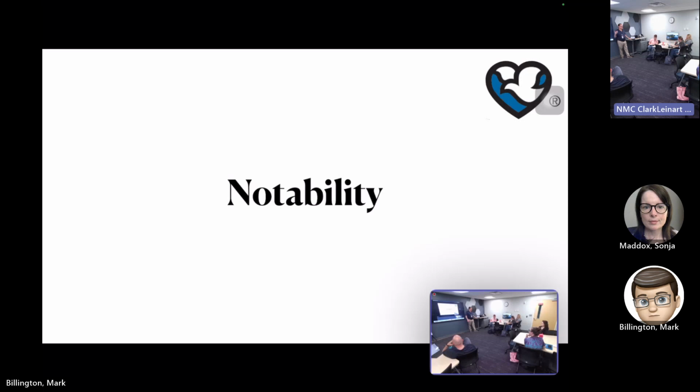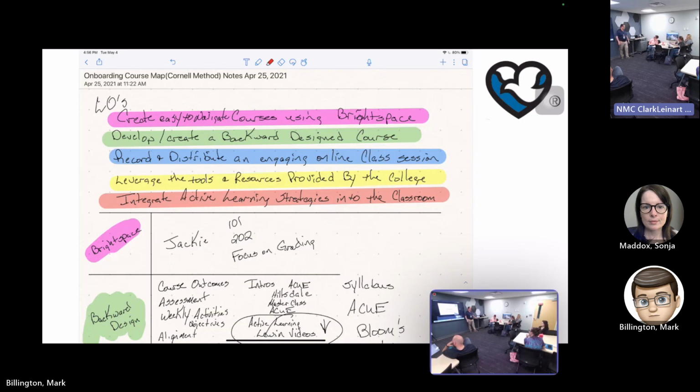All right, so let's take a look at Notability. Stay where you're at and let's just talk about Notability, and I'll show you actually how this course was designed. So we can open it up. This is something that I use called Cornell method. You're gonna see all my chicken scratches that led to this class. Up at the top, very first thing that I put on there, really sat for a week and just thought about what are the outcomes that I want out of this class?